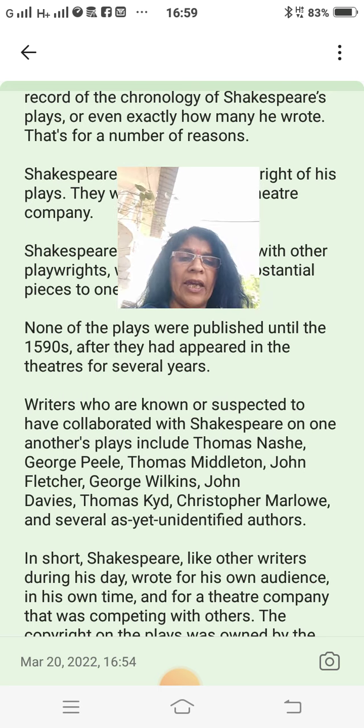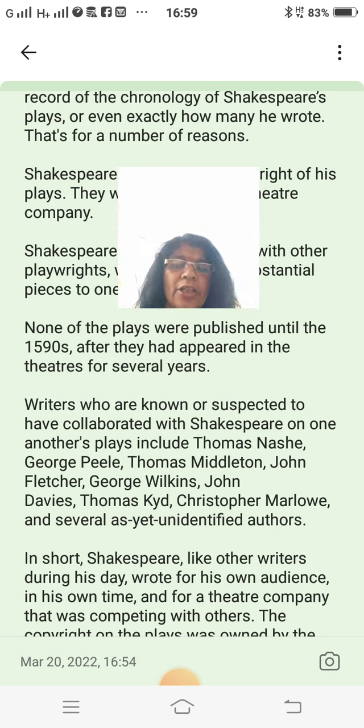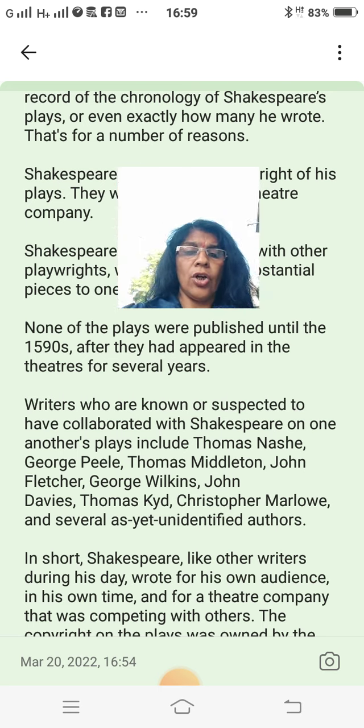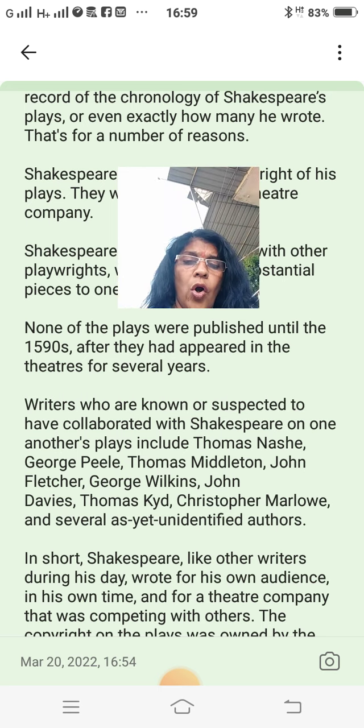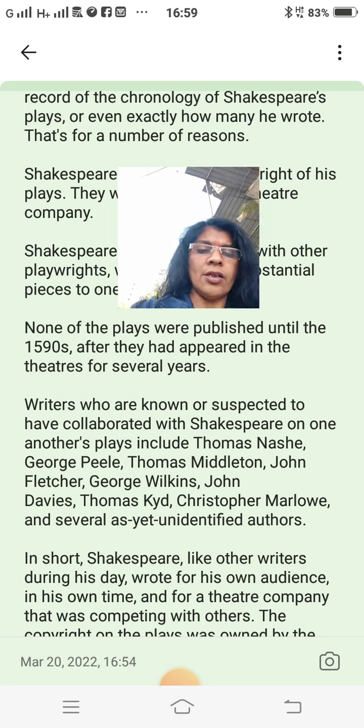In short, Shakespeare, like other writers of his day, wrote for his own audience in his own time